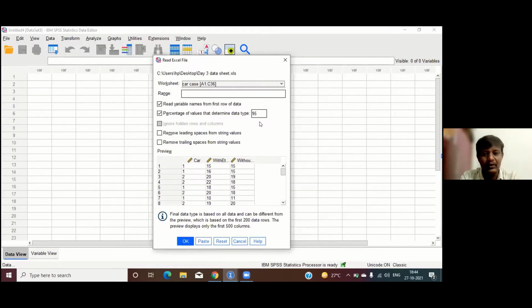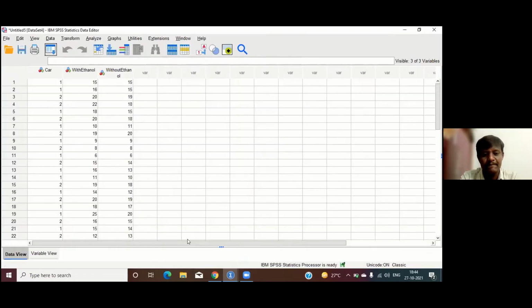As I told you, we need to select the sheets. You can see the first option is the worksheet. By default, the data sheet has been selected. If any other sheet has been selected, just change it to car case. Now click on OK.